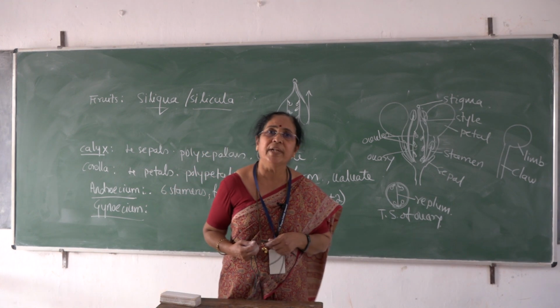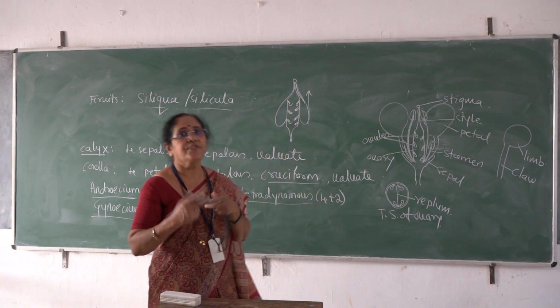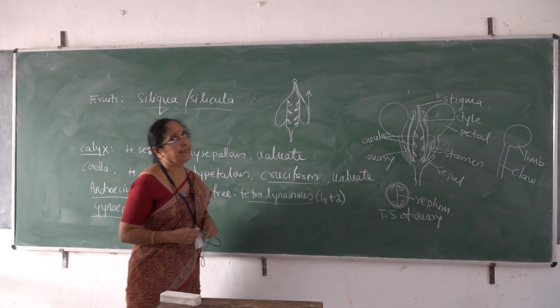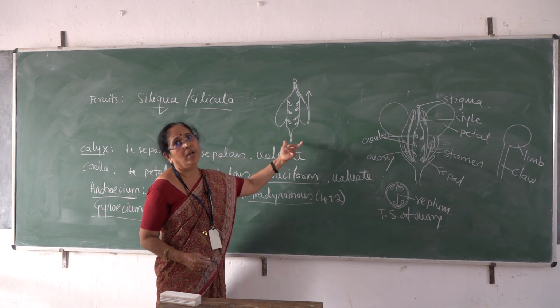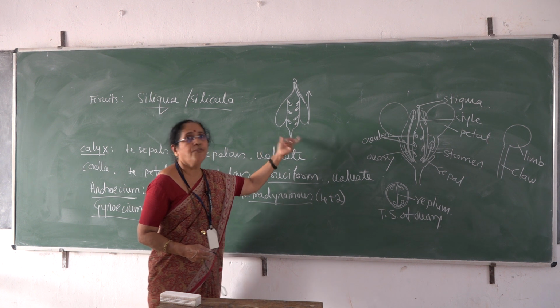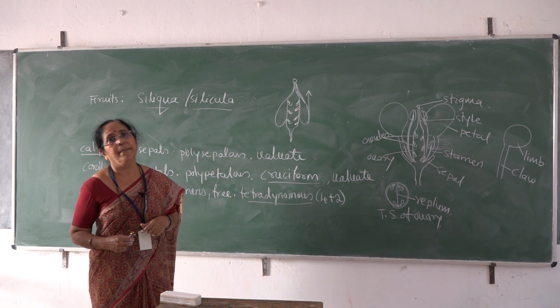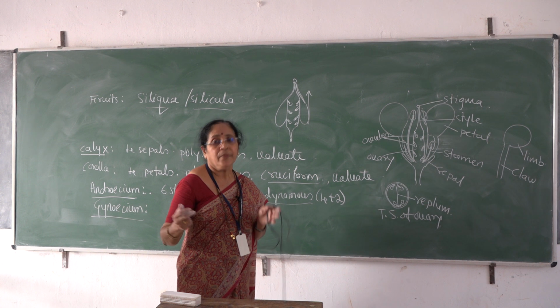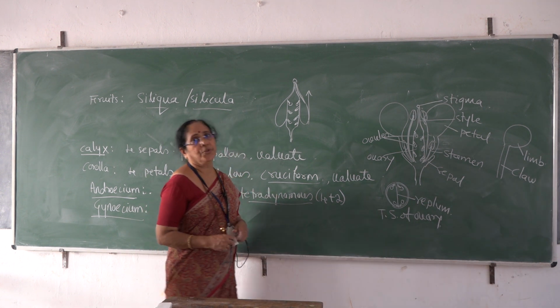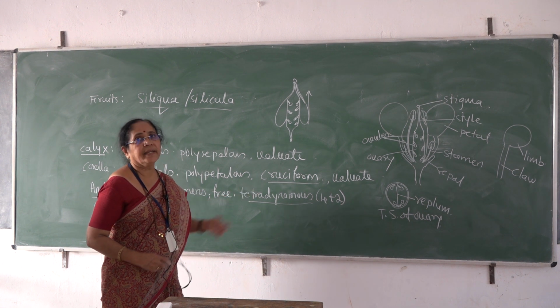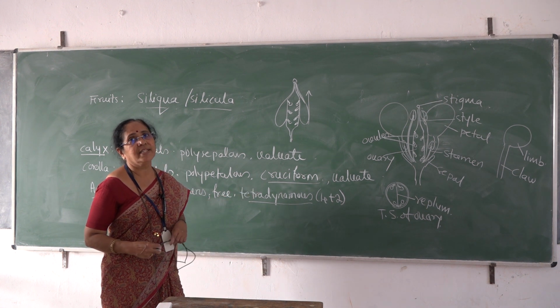The similar kind of fruit is slightly different in case of Silicula, that is found in shepherd's purse, and this is a characteristic dry dehiscent fruit that is an example for the family Brassicaceae members. General character of the Brassicaceae, so they are characterized by Siliqua or Silicula type of fruit. Okay, so these are the characteristic features of the family Brassicaceae.